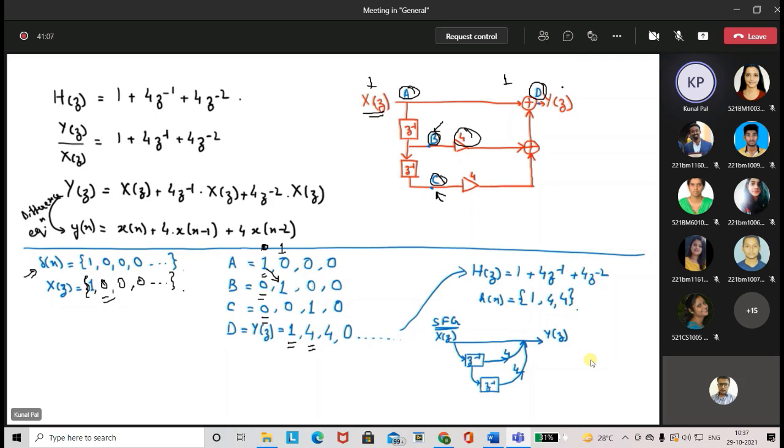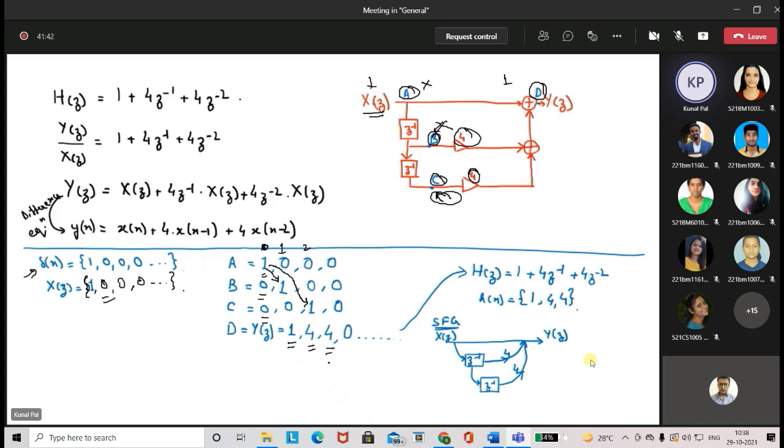Now it has been flushed out, this value. Now again, at n equals 2, that means time instance equals 2. At A, we will not be having anything. At B, we will not have anything. But in the last to last instance, what we were having? We are having a value of 1. So it will come over here, 1. At node C, we will be having 1. Now it will be getting multiplied with this value 4. And then at D, we will be getting 4.